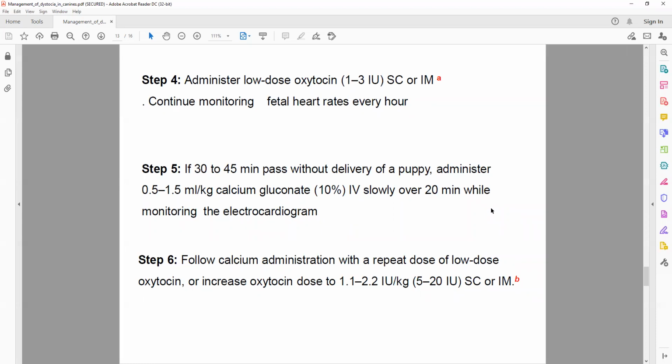Along with the calcium, you can use oxytocin. We have given 5 IU at a time, IV, without any difficulty. You also can administer this amount, but it is wiser to give 4 or 5 IU at a time and wait for 40 minutes, because the half-life of oxytocin is very short. It is calculated that for any dog you cannot exceed more than 20 IU of oxytocin.